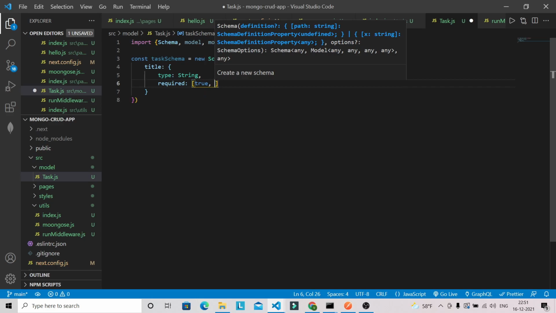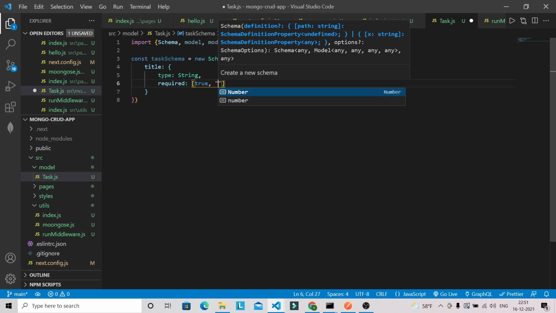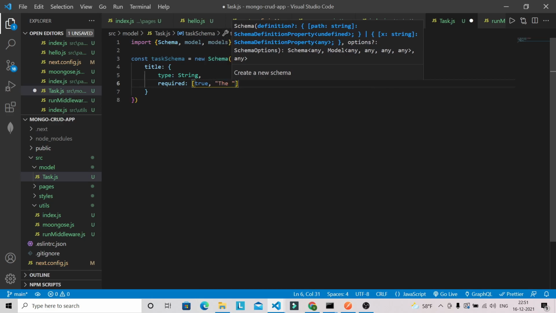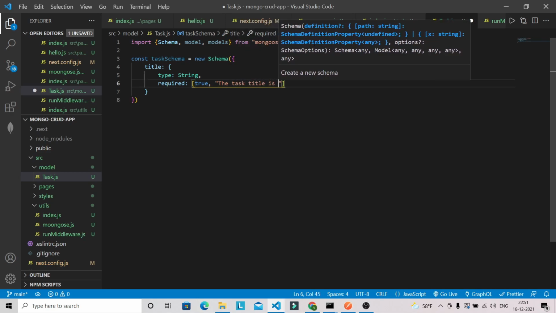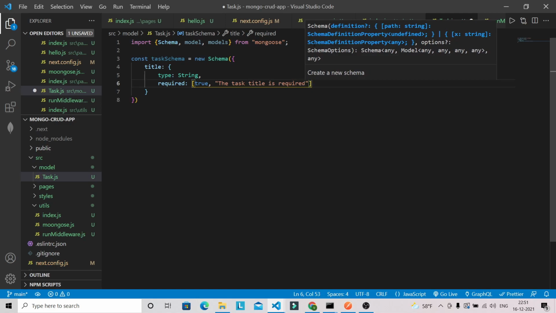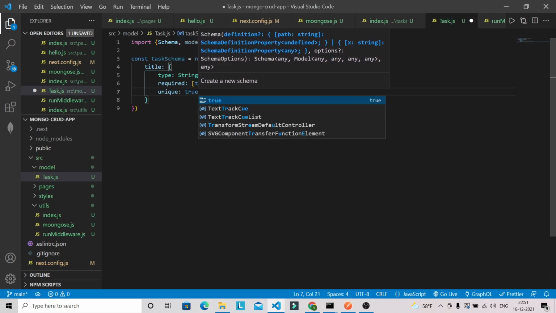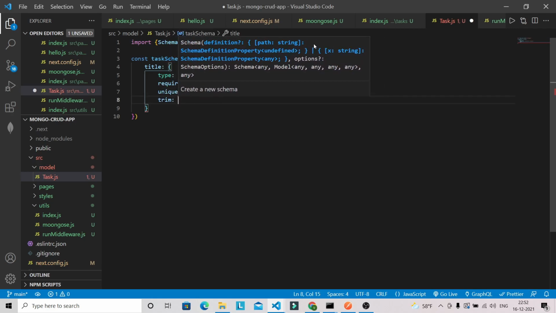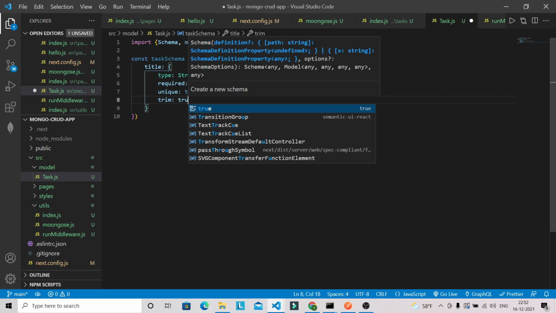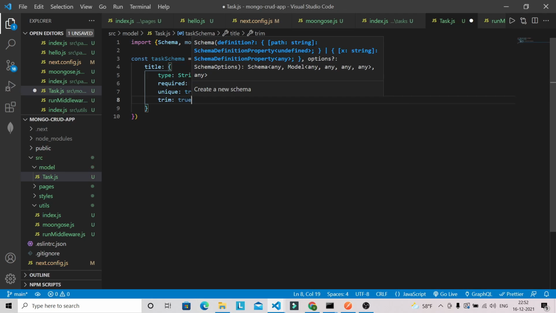And if it's empty, we can give an error message like the task title is required, something like this we can give the message. And it should be unique. We can specify trim as well, so if we give some white spaces, it won't have any impact with that.